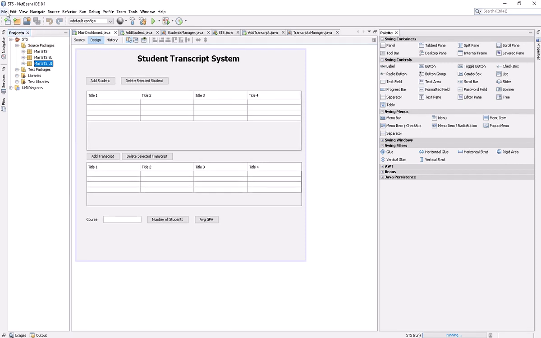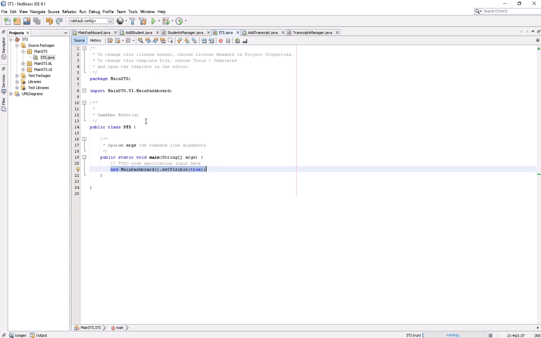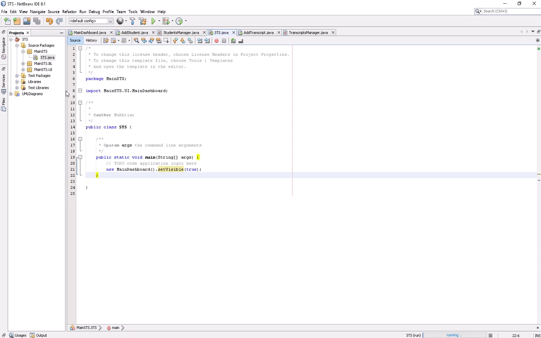You can create it by going to File, New Project, then selecting Java Application, and it will create your project. The default package was main student transcript system, and in that package this was our first class which was created. After this I started implementing the case study.